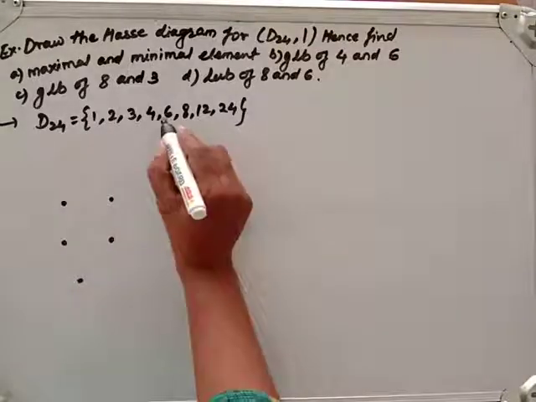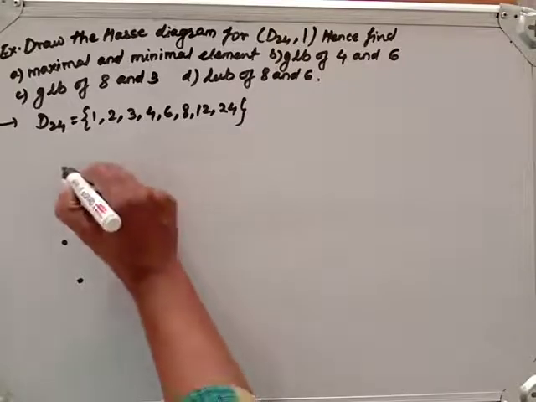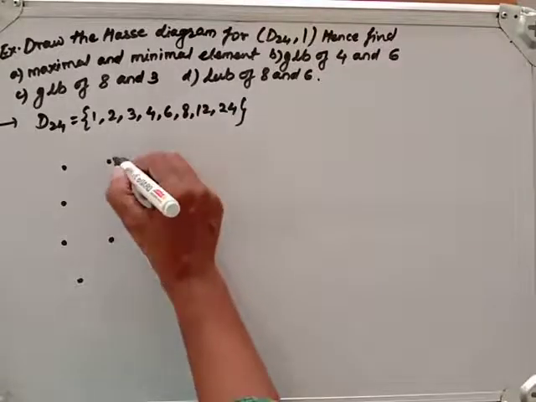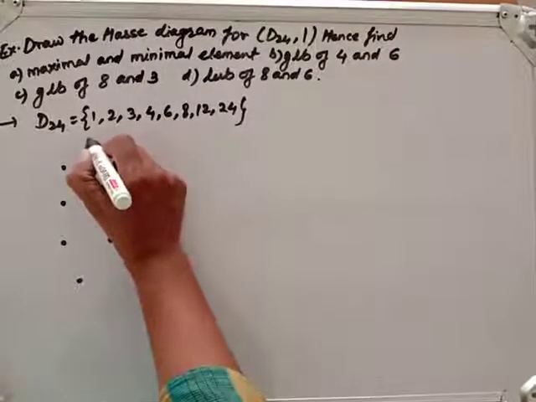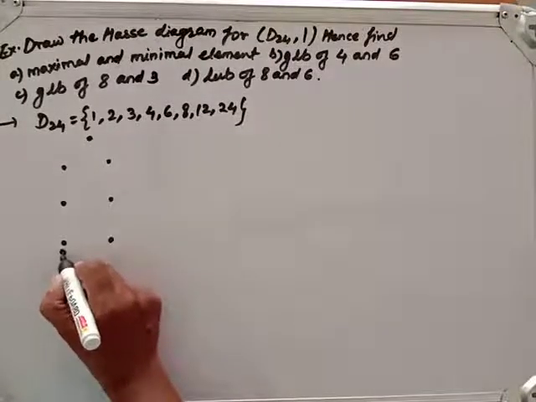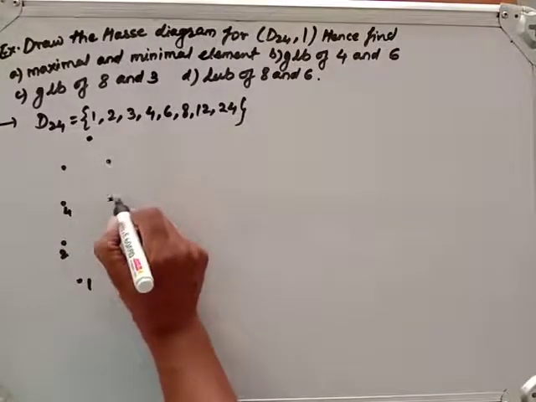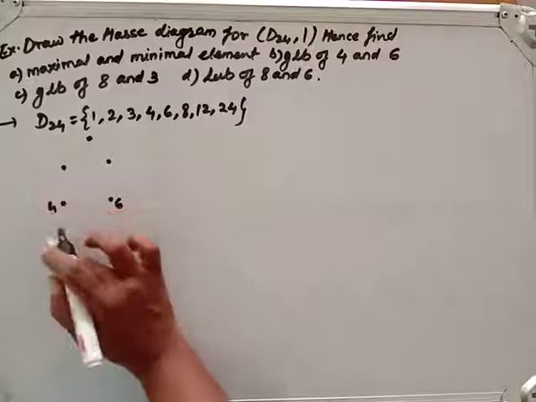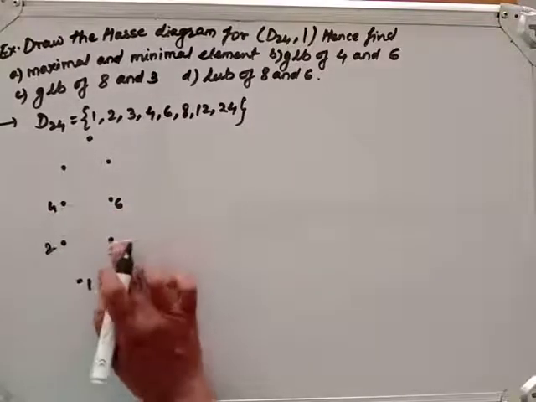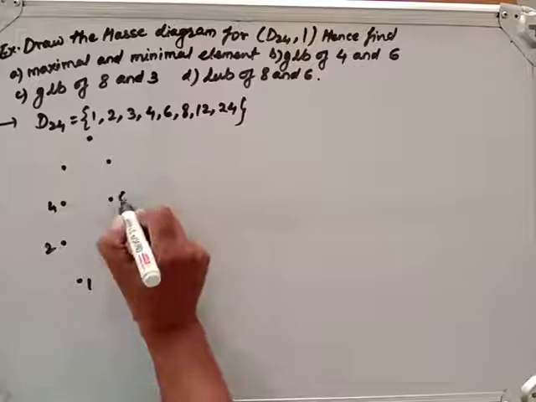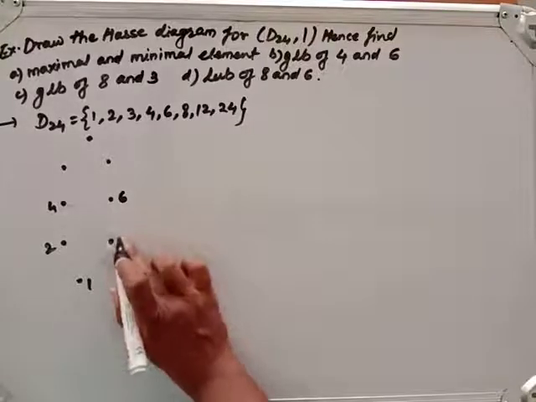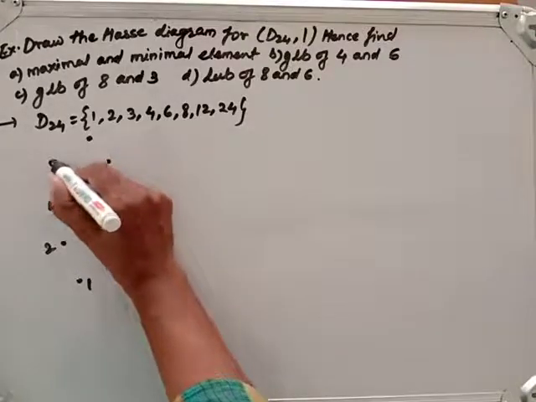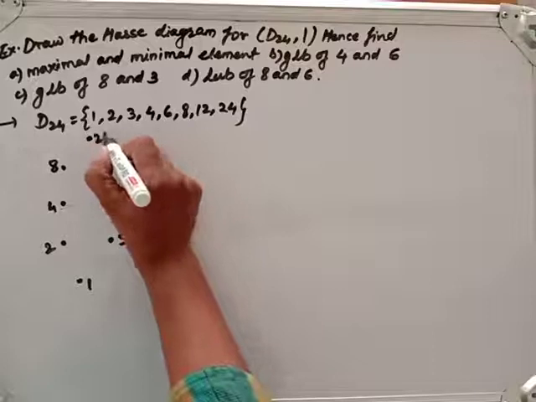Now at the upper level we should write it. 4 divides 8, so let me write 8 here. 4 also divides 12, so let me write 12 here. Also 6 divides 12, so let me write that here. And the upper one is 24. So let me write 1, 2, 3, 4, 6. Let us write them on this side so that the directed lines do not intersect. Here 3. Now let me write 8, 12 and 24.